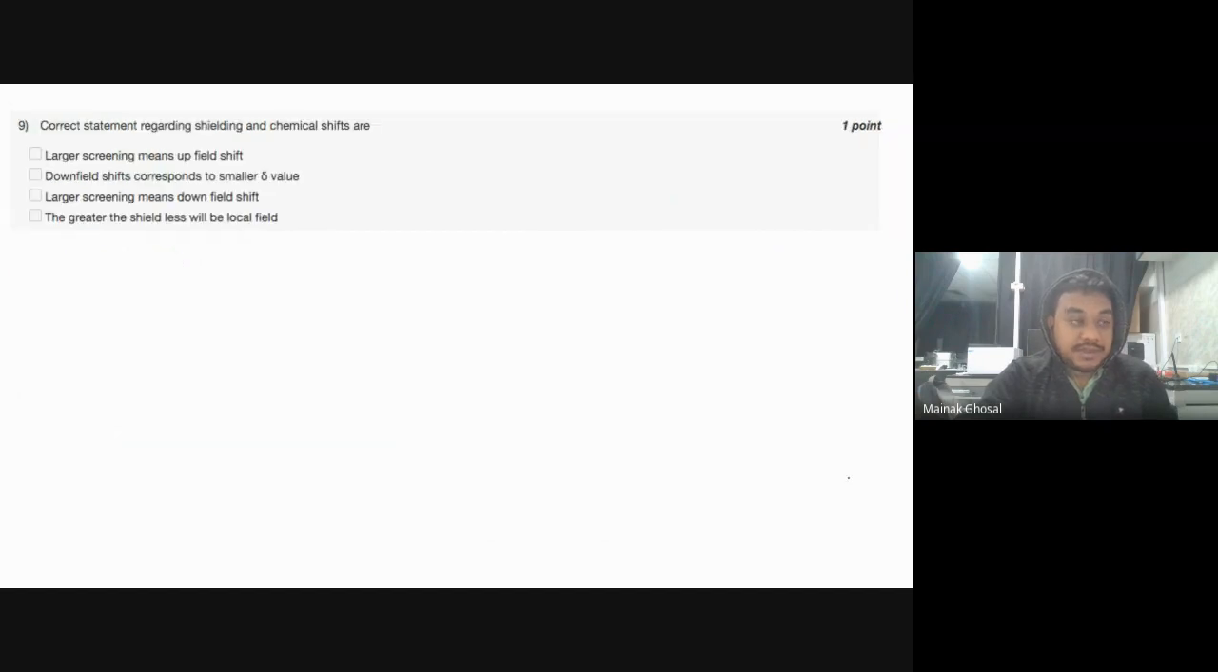So I'm moving to the next question, which asks about the correct statement regarding shielding and chemical shift. Okay. So the options are: first, larger shielding means upfield shift, downfield shift corresponds to lower delta value; larger shielding means downfield shift; and the greater the shielding, the less will be the local field. So this is the question. You can also find this answer in the lecture